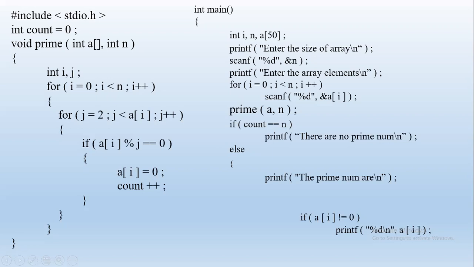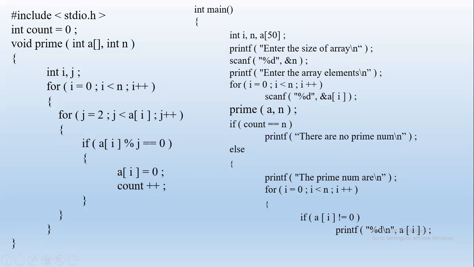So there are n numbers. So we give a for loop from 0 up to n, 0, 1, and 2. So a of 1 got changed to 0. 3, 4, 5 became 3, 0, 5, right? So 0 not equal to 0, condition false. So we will not print. Next, i becomes 2. A of 2 is 5. 5 is not equal to 0. Condition true. We will print 5. So we printed 3 and 5.